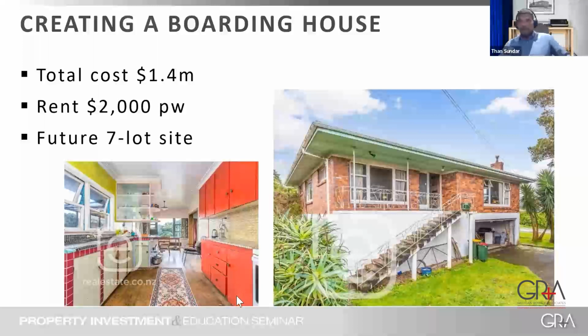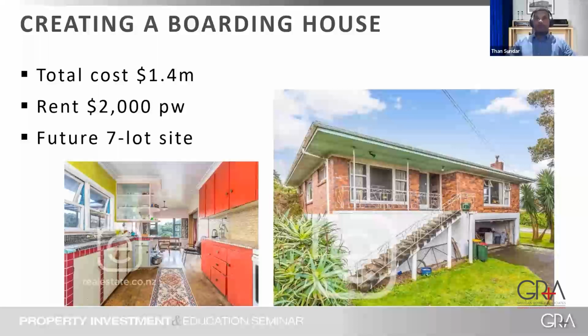So we originally bought this property to renovate it to sell. So we wanted to trade, but this was in the peak of the market when we settled, and so the market started turning. So we knew when we did the renovation that we weren't going to get the end value, but we decided to approach a social housing provider and convert this into like a boarding home.